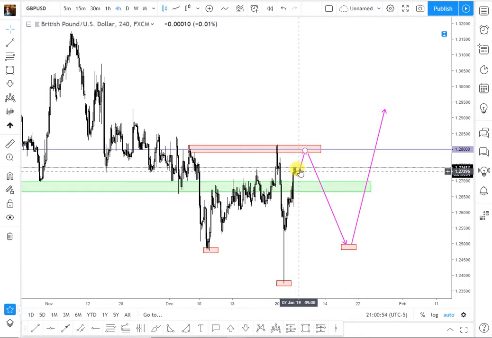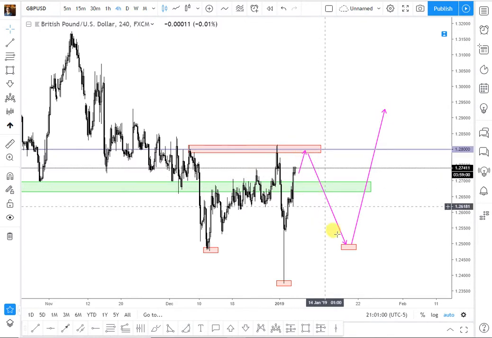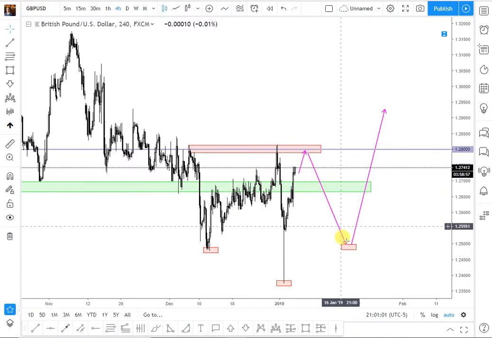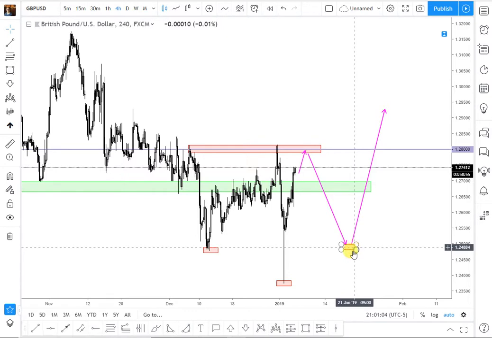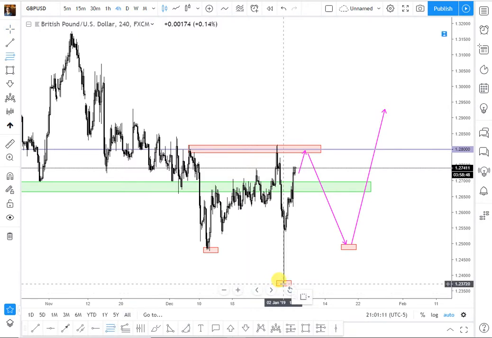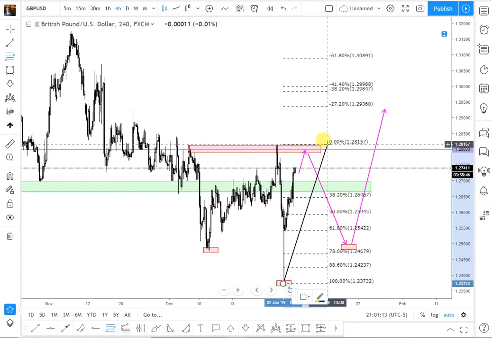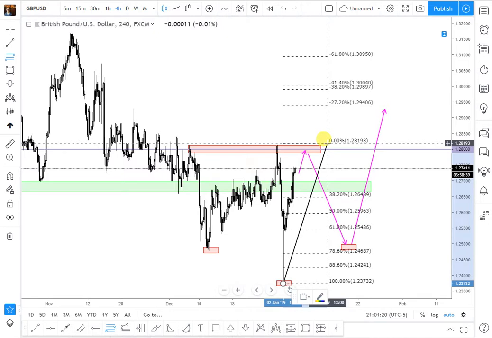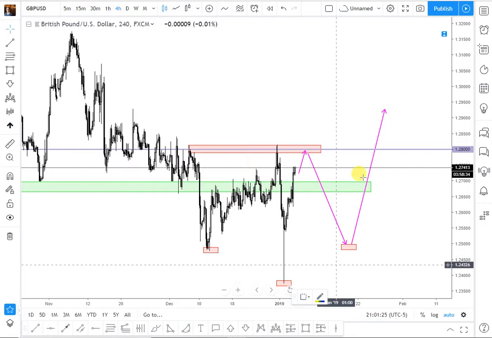So we expect the price to touch this level one more time and go down to this area near the left shoulder, which meets with the 61.8 Fibonacci level here around 1.25 or 1.2450,